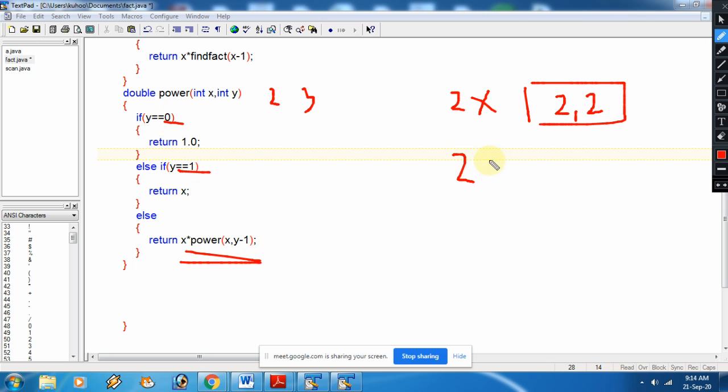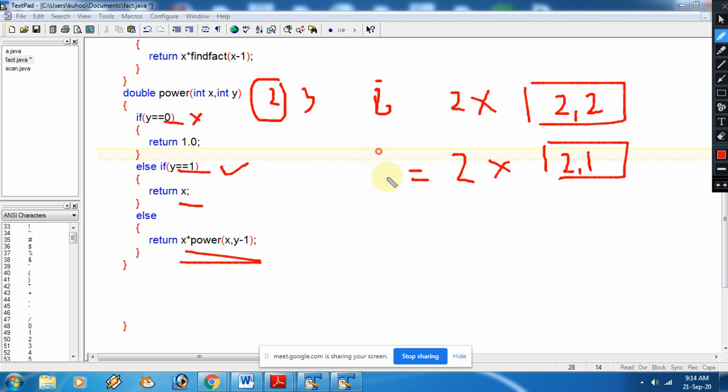So 2 into 2 comma 1. Next time this is false but this one is true, so it will return the value of x, which we have taken as 2. So 2 into 2, 4, and 4 into 2, 8. So ultimately you are getting this as the return result.